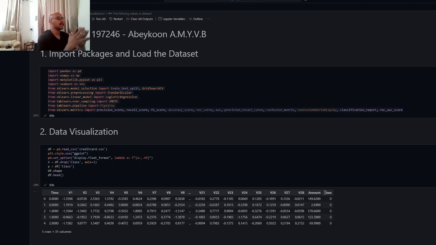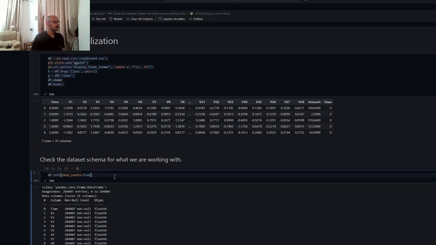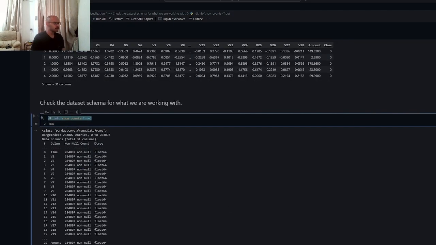And for this project, I have trained a logistic regression model to identify fraudulent transactions in a credit card fraud detection dataset. Now, to begin with, I have imported the necessary packages to actually do this. And then I've done some steps to visualize the data to identify what are the features that we're working with, and to show what are the null data that we have, and if any of it needs to be removed,